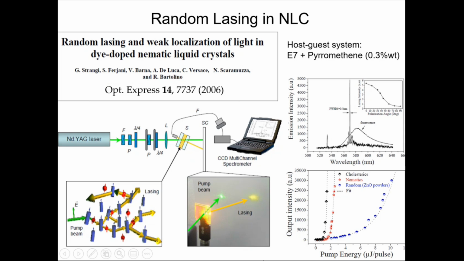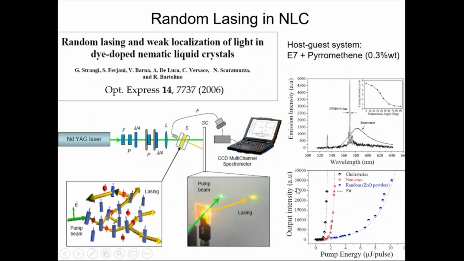And so a random laser is characterized by the lack of an external cavity, low coherence, a poor spatial profile, a random direction of emission, and of course a spectrum which is not very sharp as compared to a standard